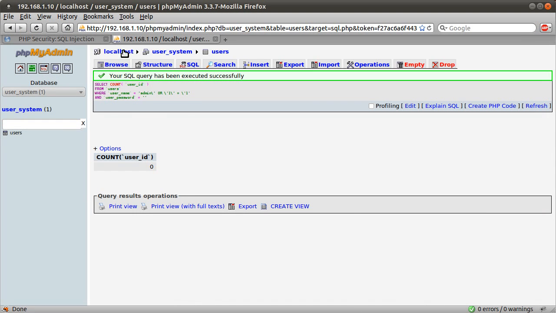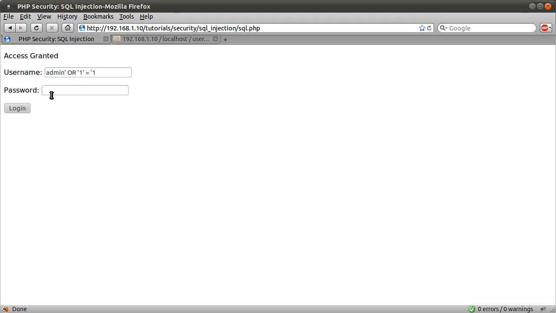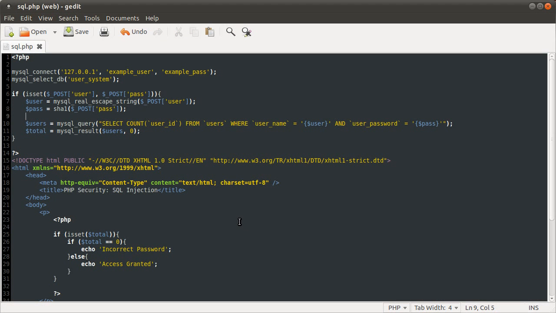Go back to our web page. If I just click login again, you see we get incorrect password. The query has been executed, but it has returned 0, meaning that the access granted message has not been shown. So that is SQL injection and how to prevent it causing issues for your site